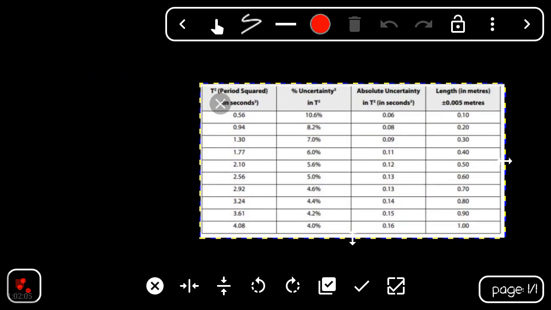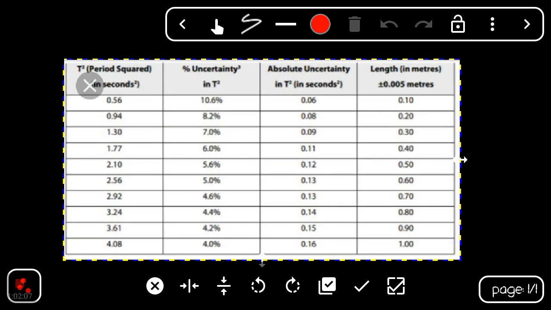So the length we have: 0, 0.1, 0.2, 0.3, 0.4, 0.5, 0.6, 0.7, 0.8, 0.9, and 1.0. As for c square, I have 0, 0.56,